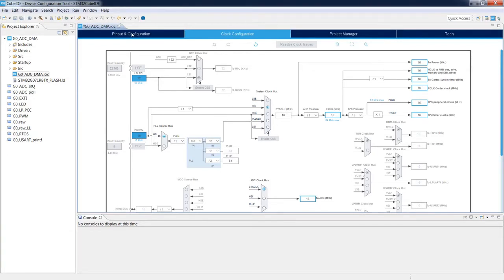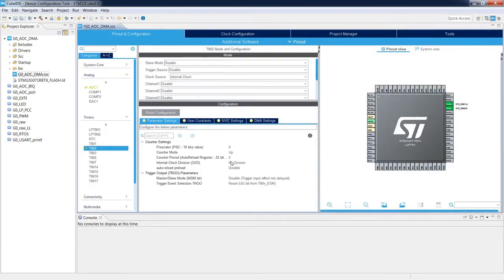Let's come back to the pinout configuration, and we've got a few possibilities. I would propose the following technique. Let's use a prescaler, which is a 16-bit value, to divide the clock as a first step. So I would propose to divide it by 16,000.